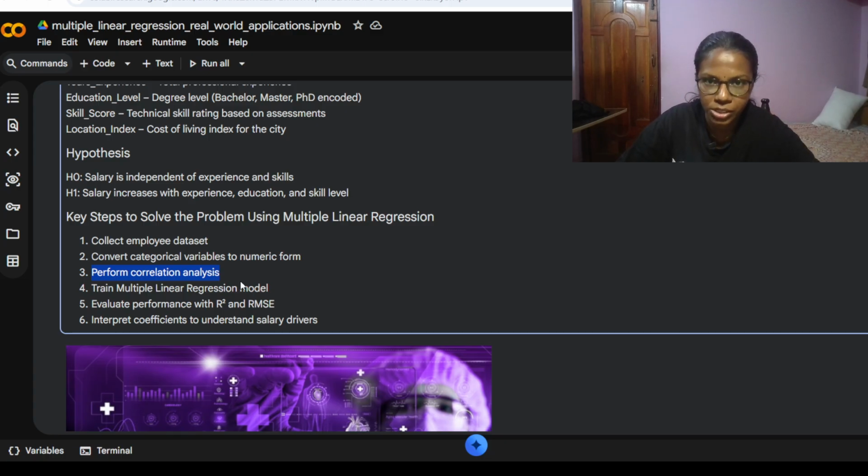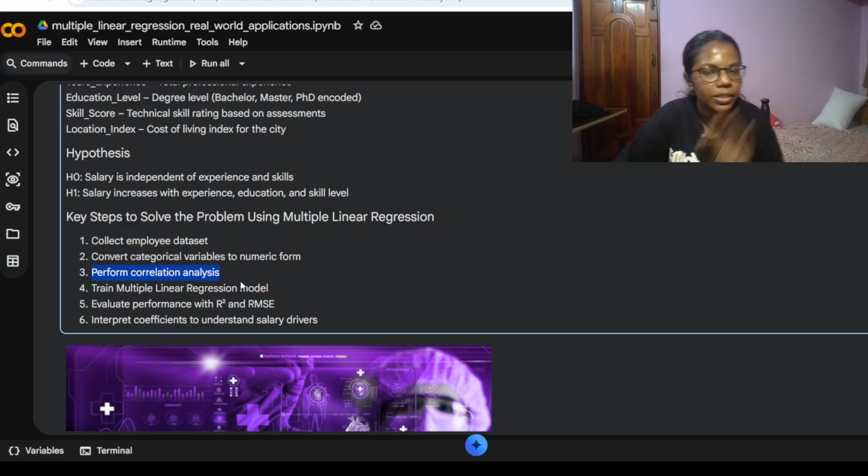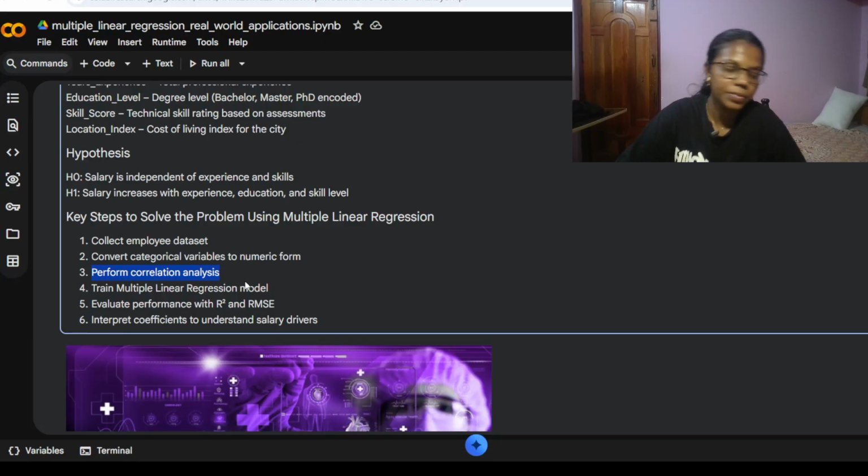So, in this process, what you will be doing? If I have 10 different columns, in that, one column is something that I'm going to predict. So, how am I going to predict that column? Based on all other columns that are influencing my target column, right? So, in this process, I should be predicting which column has high influence towards the target column, which columns particularly influence more the target column.